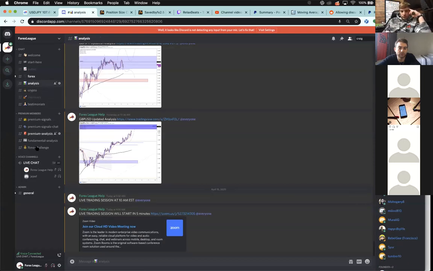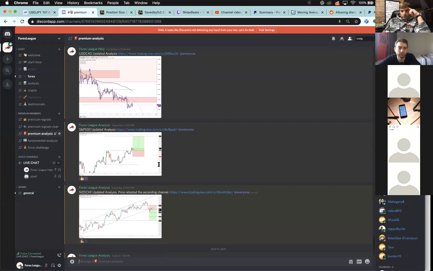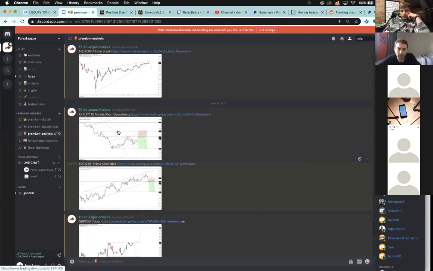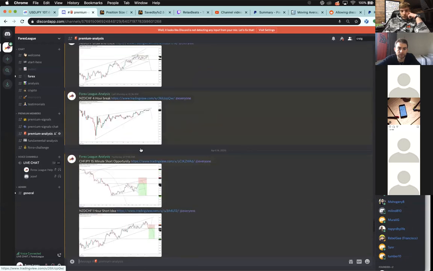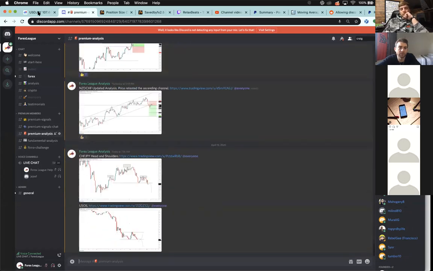These are the paid ones. These we've been updating throughout the day, any setups that we're seeing before we put them into the signal room. So I'm going to drop a summary at the end of the week of the signals and what's going on with that and everything like that, a little more details on that. But let's go into